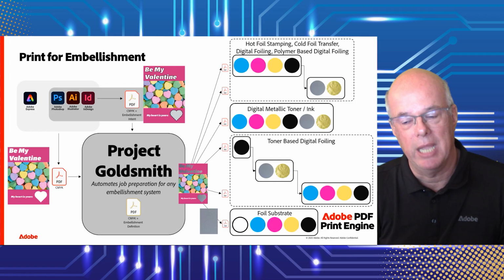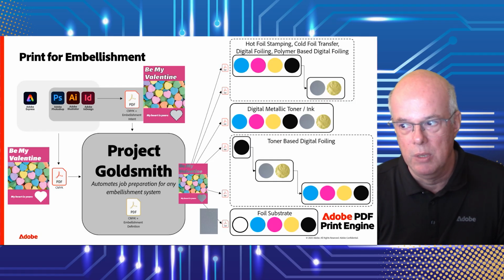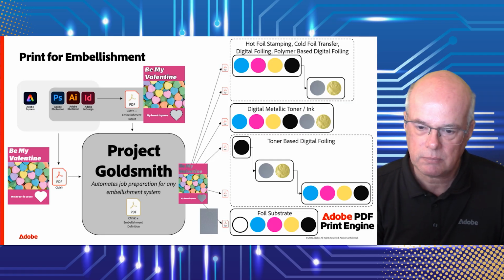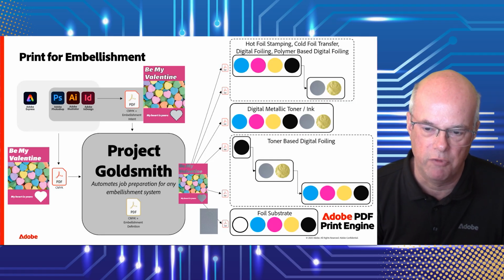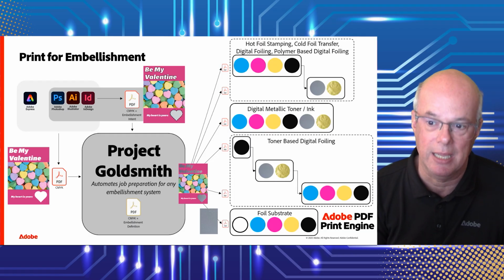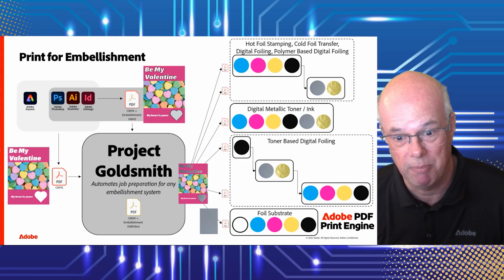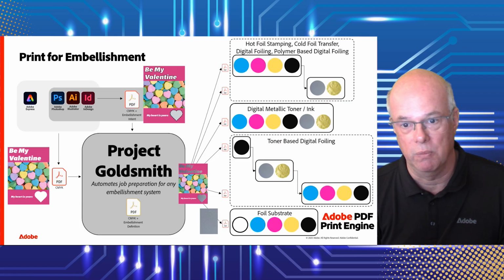There's another application which might do everything in one go, where you've got a device which can use maybe metallic toners or inks to apply a silver, a gold, or a varnish at the same time as printing CMYK from a single PDF file. There might be yet another technique you could be employing, toner-based digital foiling, sometimes called sleeking,